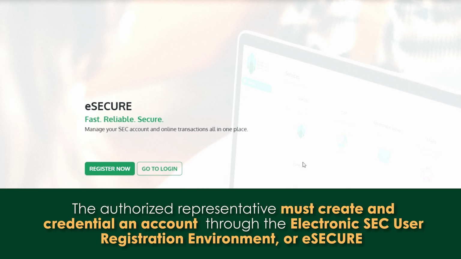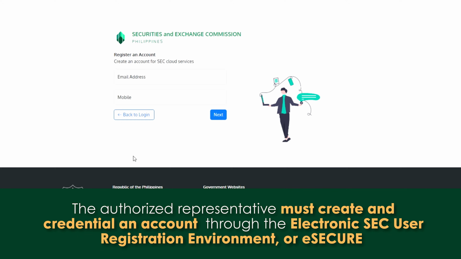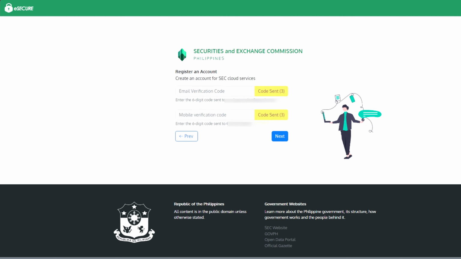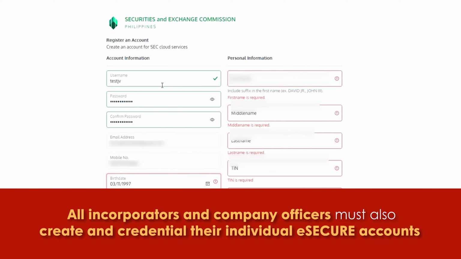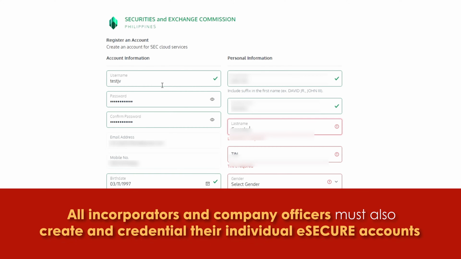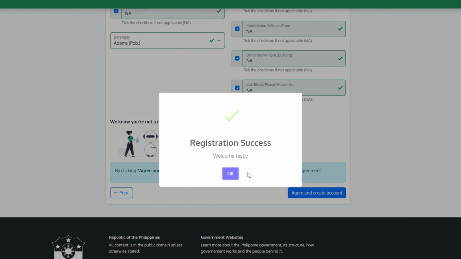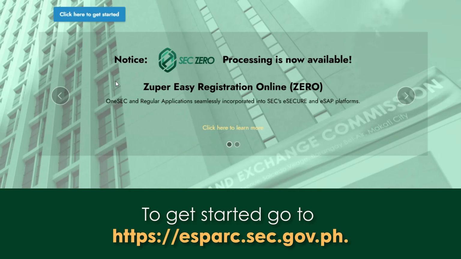To register, the authorized representative must create and credential an account through the Electronic SEC User Registration Environment or eSecure, the official passport to all online services of the SEC. All incorporators and company officers must also create and credential their individual eSecure accounts for the digital authentication of the registration documents. To get started, go to